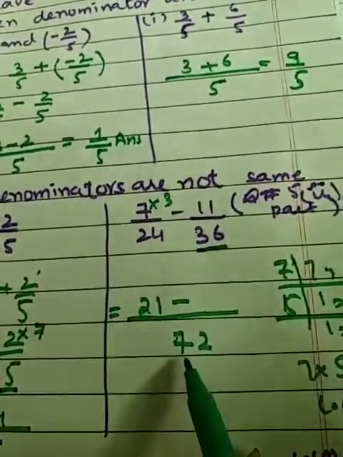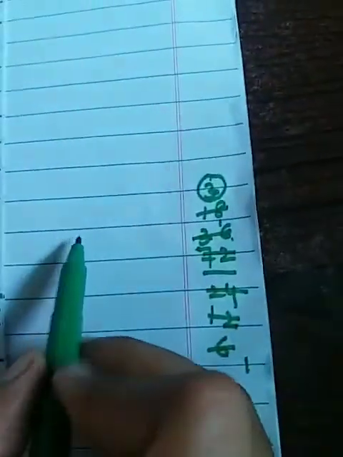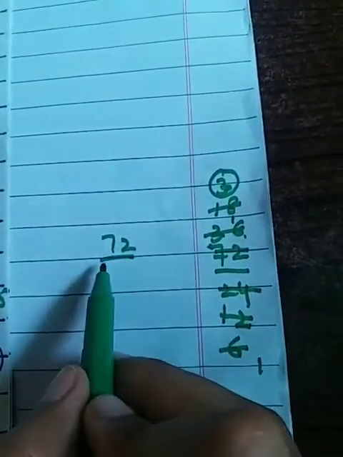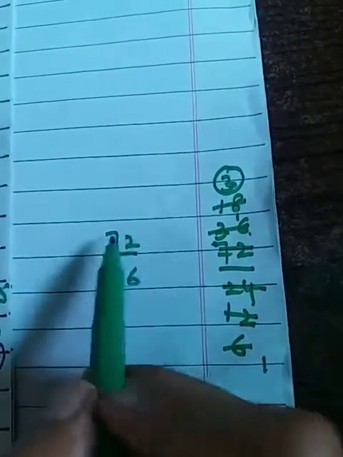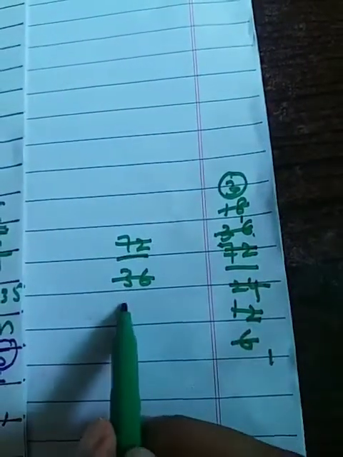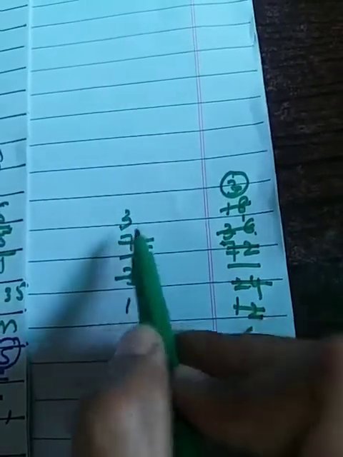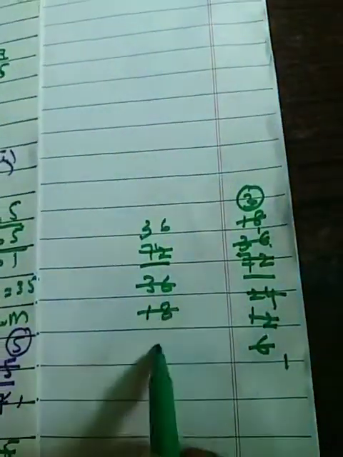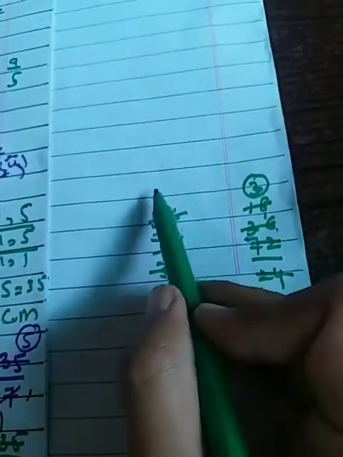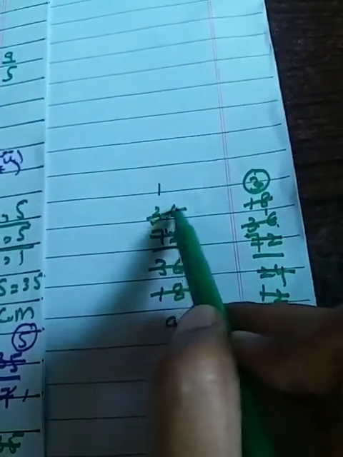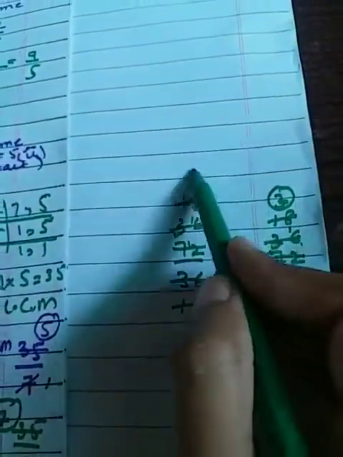Divide the second denominator with the LCM. I'm doing here again 72. Write LCM above and denominator below. Cut out these with the same common divisor. 2 1s are 2, 2 8s are 16, 2 3s are 6, 2 6s are 12, 2 9s are 18. Okay, 2 1s are 2, 2 8s are 16. This is 8 here, 16. 3 3s are 9, 3 1s are 3, 3 2s are 6. Whatever you got here, that is 2.